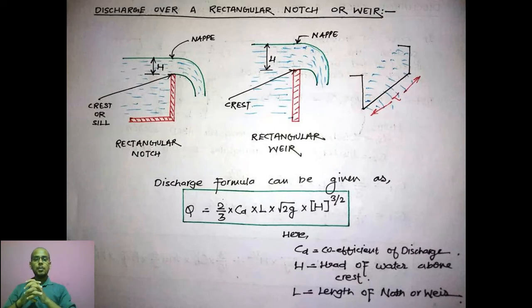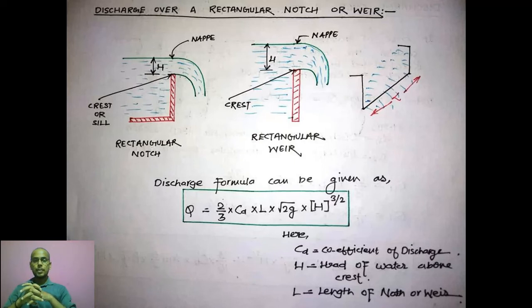But if you go with the syllabus of BTech or any stream in engineering where fluid mechanics is taught, there you will see that whenever you study notch and weir, you will have to derive its formula also. So we are not going to cover that portion now. After completion of the syllabus as per JUT Ranchi, the left portion, what is important for exam purposes, for competitive exam purposes, we will cover that also.